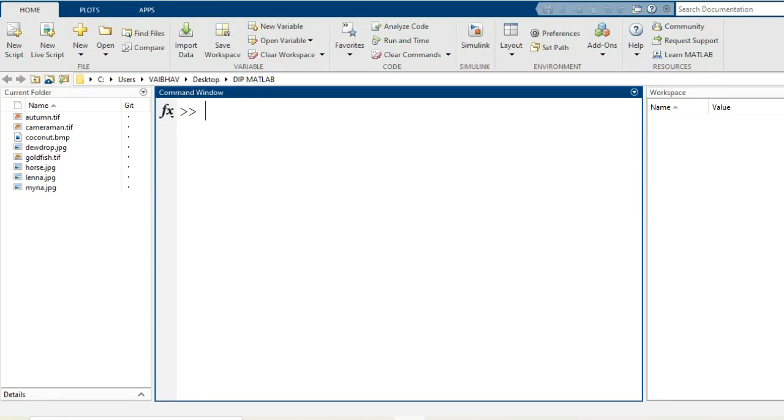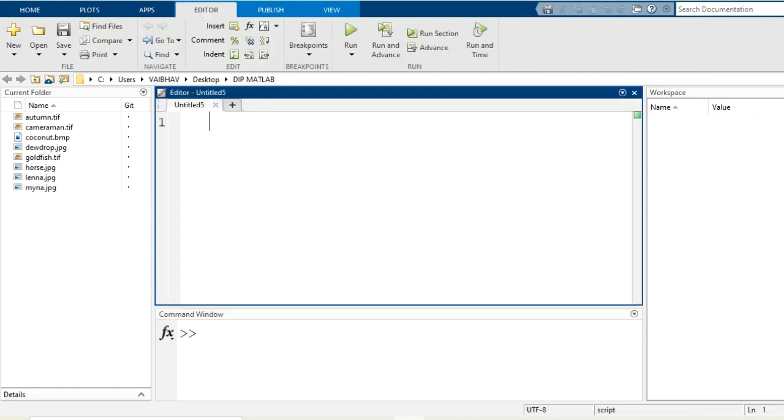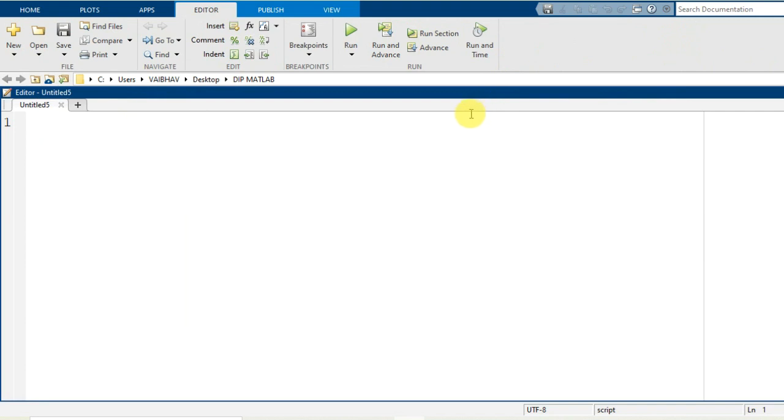In this video I am going to demonstrate the implementation of Gaussian type low pass filtering of a grayscale image while we are working in the MATLAB environment. So here we have the MATLAB. Let us switch to the editor window. As we know, the Gaussian type of low pass filtering we can perform in the frequency domain representation. It is one of the image enhancement methodologies.